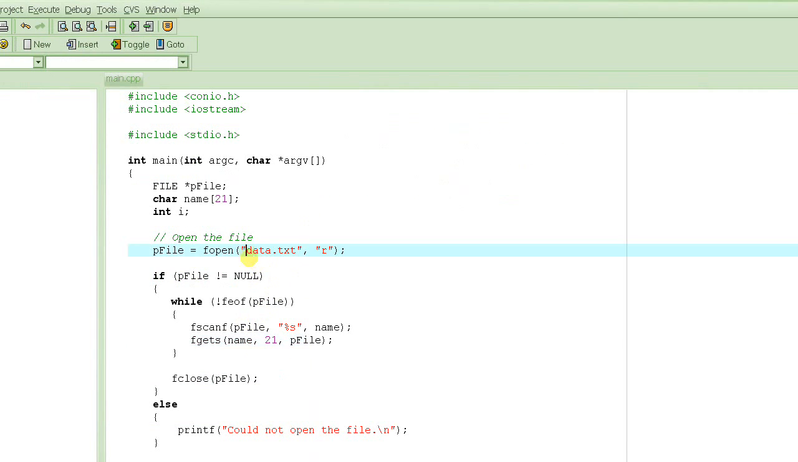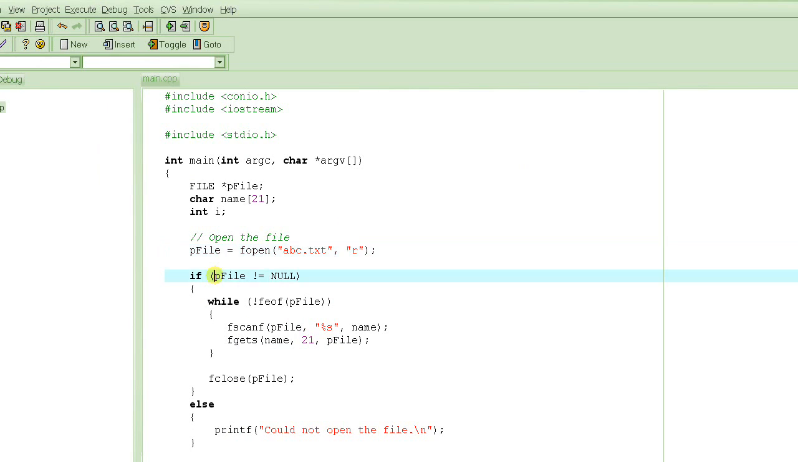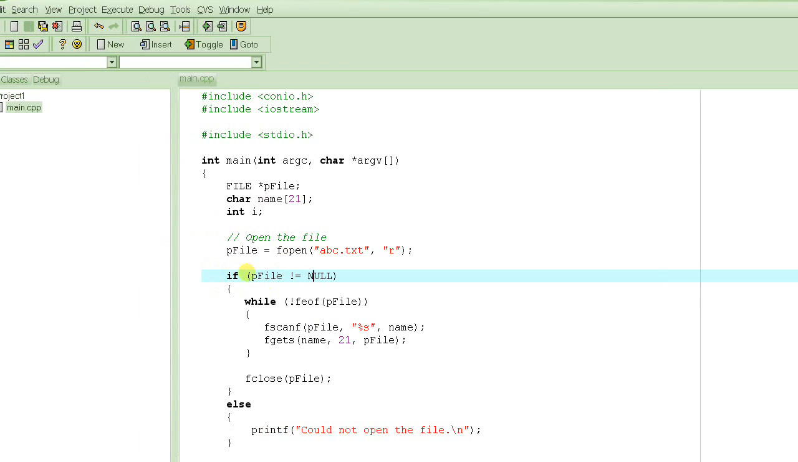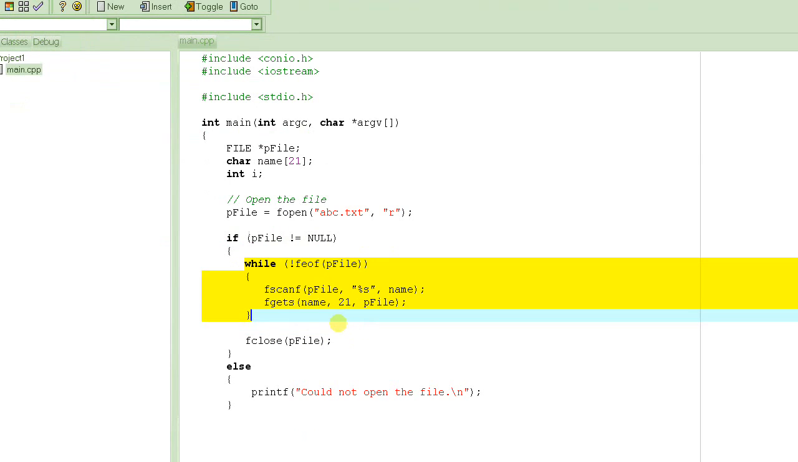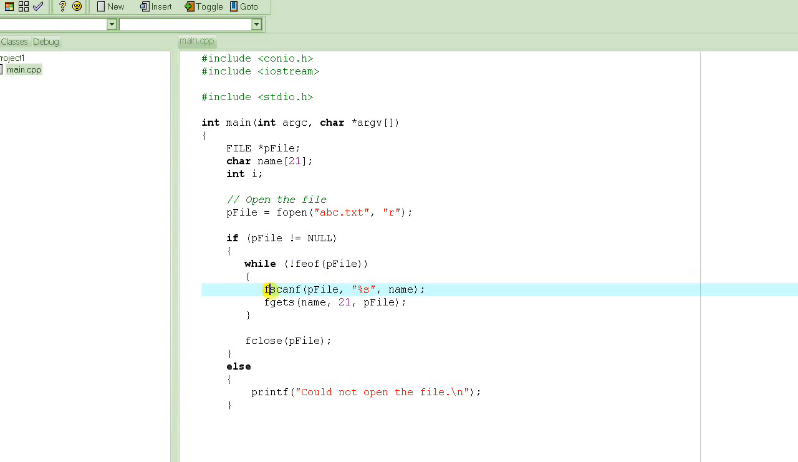So let's write the program to read this file. The name of the file is abc.txt. We want to read it in the read mode. If it was successful, which means the pointer is actually pointing to some valid location, not to null, so if the pointer is not equal to null, we basically keep reading the entire file until we get the end of file. For as long as there is data to read and it's not the end of file, in this file,